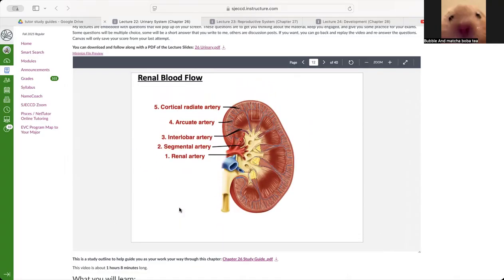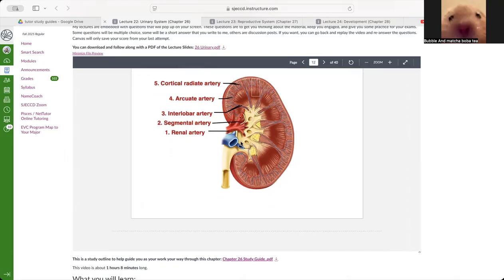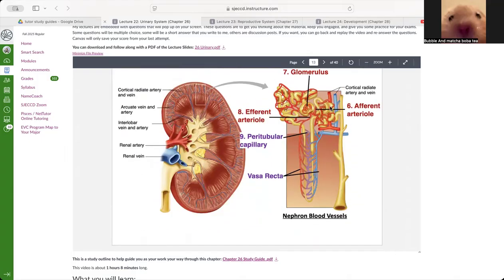So the abdominal aorta goes to the renal artery, to the segmental artery, which goes to the interlobar artery. Segmental is over here, right? Segmental, interlobar, arcuate, cortical radiate, and then it goes to the afferent arteriole, and it goes to the capillary bed called the glomerulus, where the blood is going to be filtered by the nephron, and what doesn't get filtered goes to the efferent arteriole, which goes to the second